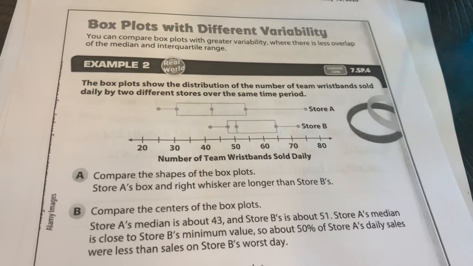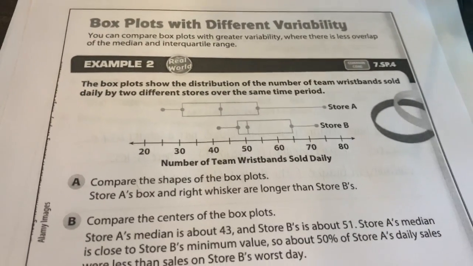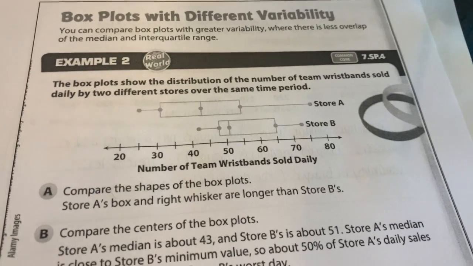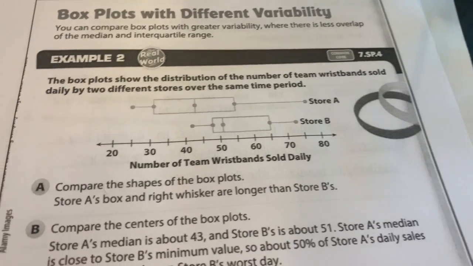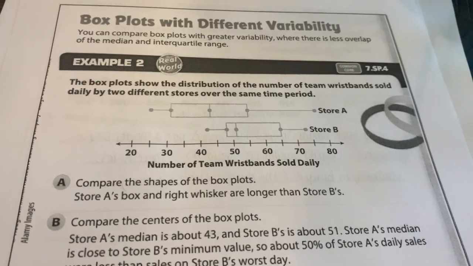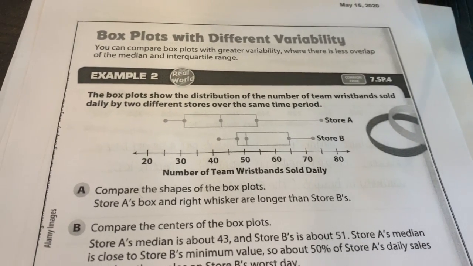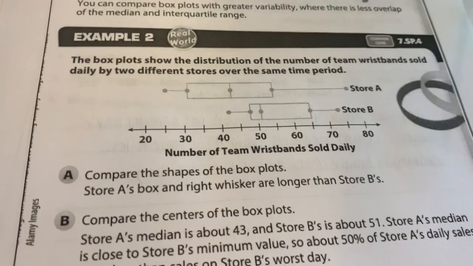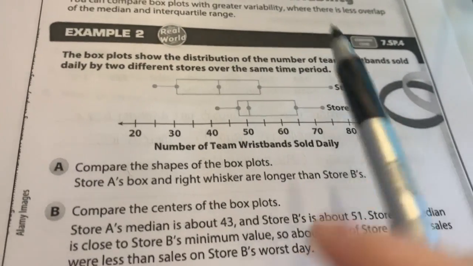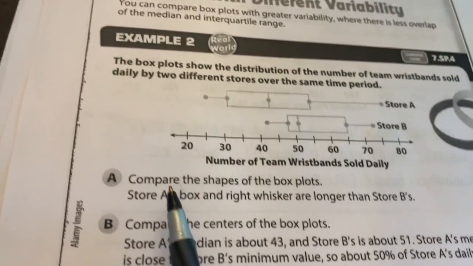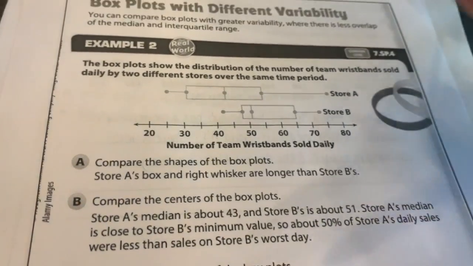Okay, so now let's talk about box plots with different variability and how we can compare those. Okay, so these ones look very different. They're usually in different locations. So in this case, first example, we're looking at the distribution of the number of team wristbands sold daily by 2 different stores over the same time period. So this one's done for us, so we're going to take a look at the shape of the box plots. So store A,